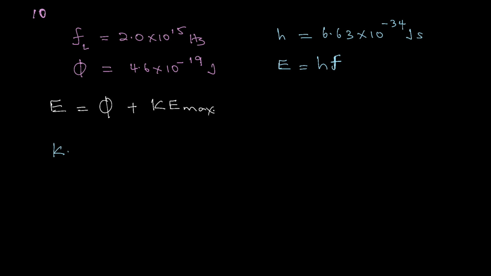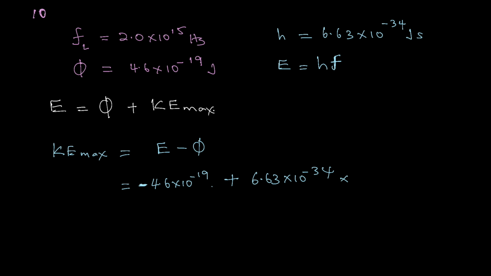So the kinetic energy max will be equal to E minus the work function. And so we have 4.6 times 10 to power minus 19 joules. That's the work function, so let's give that a minus because that's the work function. And then E is plus, I better put plus there. So that would be h, the Planck constant, which is 6.63 times 10 to power minus 34, times the frequency, which is 2.0 times 10 to power 15. And when we work that out together,